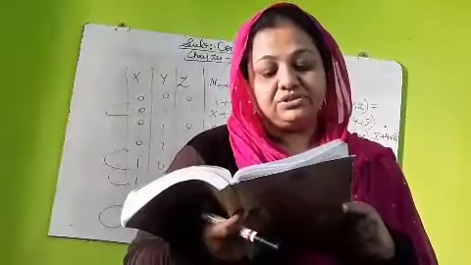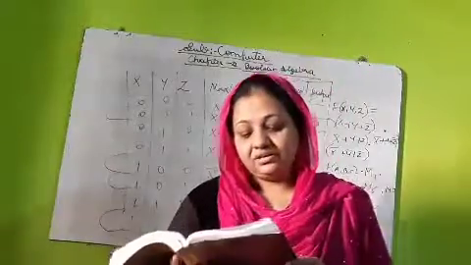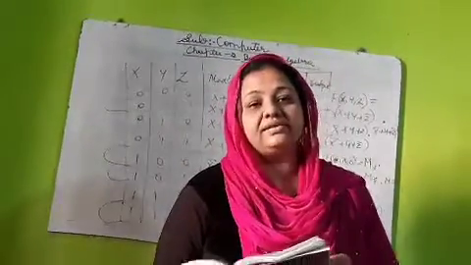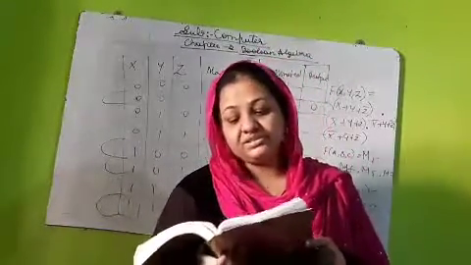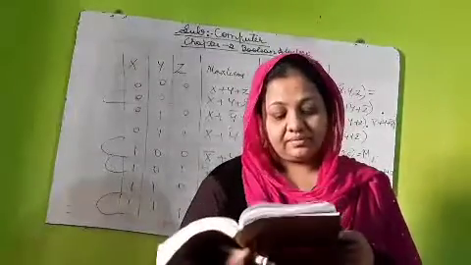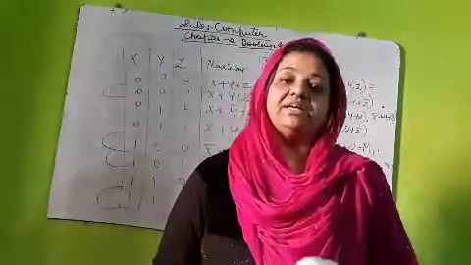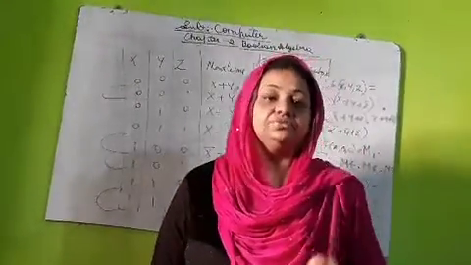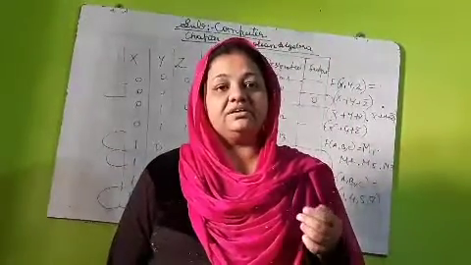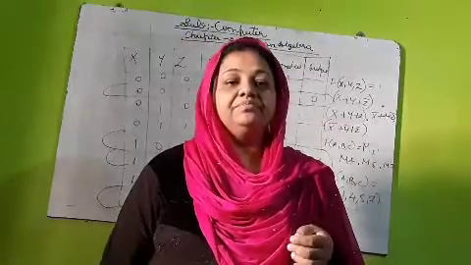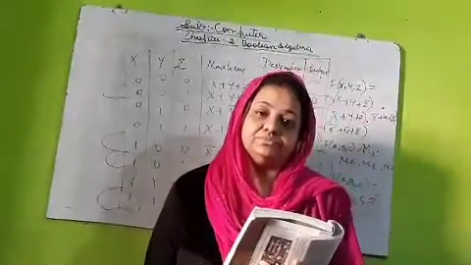ABCD is equal to 100. They have asked to write the max terms, not the min terms. You can write the max terms, and also derive the max term expression in the POS form. Fine everybody, hope you have understood what has been explained. Kindly try these 2 questions by yourself: write the truth table, then write the expression, and if you have any doubts kindly make a note and let me know.